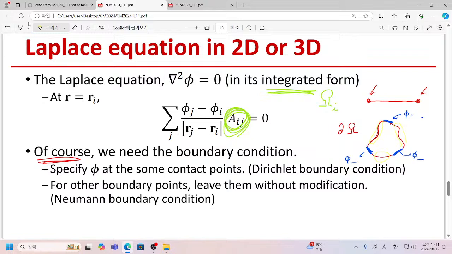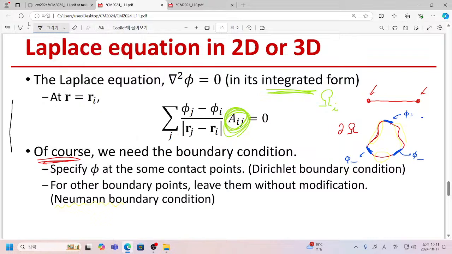So this is not related with the Dirichlet boundary condition. In that case, just leave them alone. Do not perform anything on those points. Then it is automatically corresponding to the Neumann boundary condition. Why? So please consider